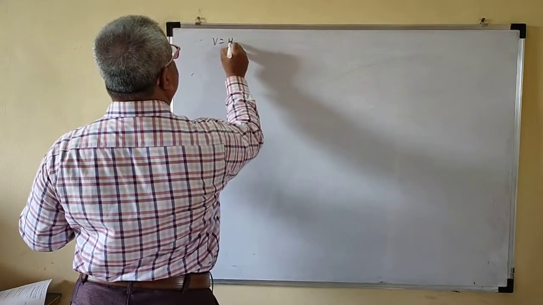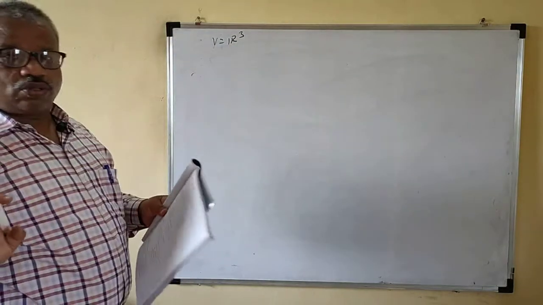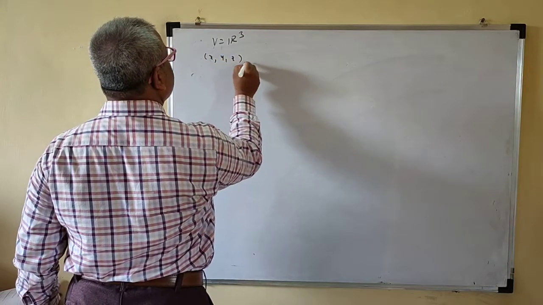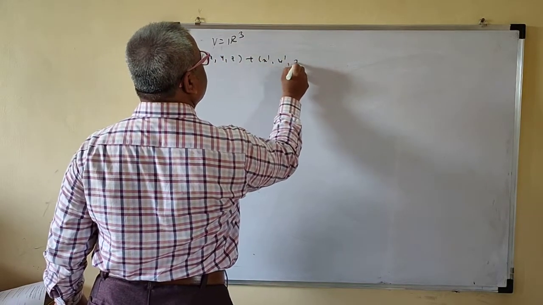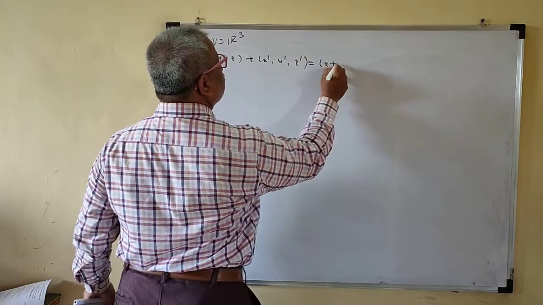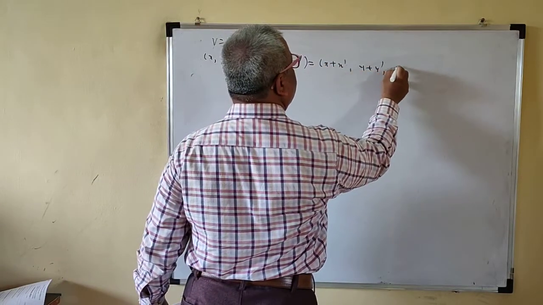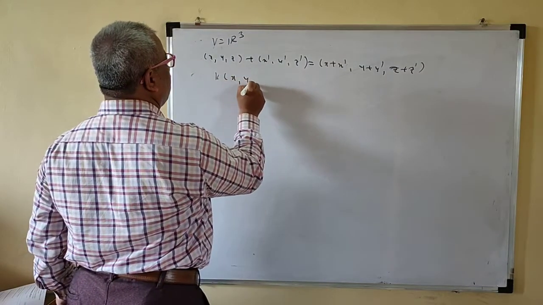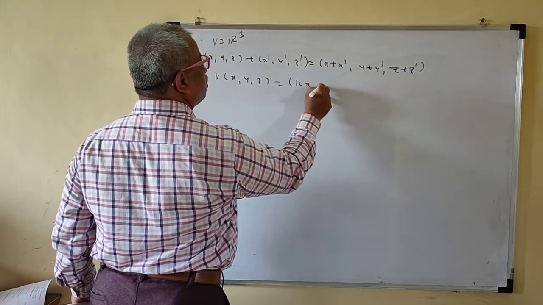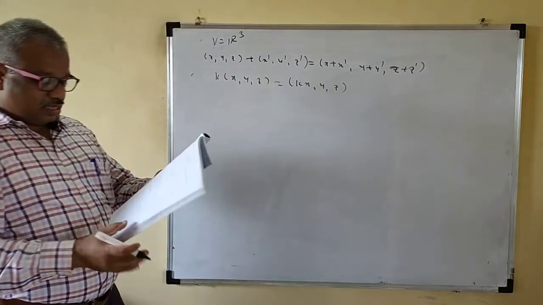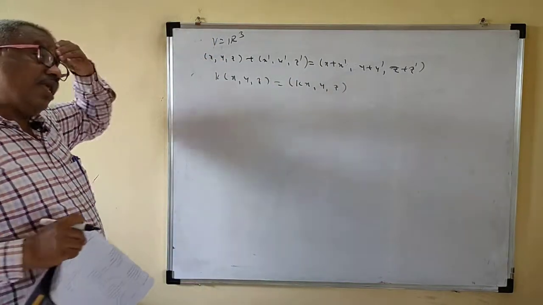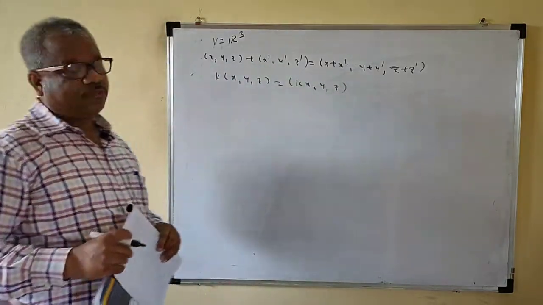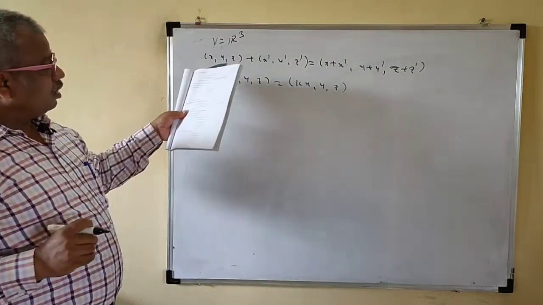Suppose V is equal to R3. Now you have to know the meaning of R3. Now (x, y, z) plus (x prime, y prime, z prime) is equal to (x plus x prime, y plus y prime, z plus z prime), and k into (x, y, z) is defined as (kx, y, z). This is the operation defined. Addition is usual, so don't check for the first 6.